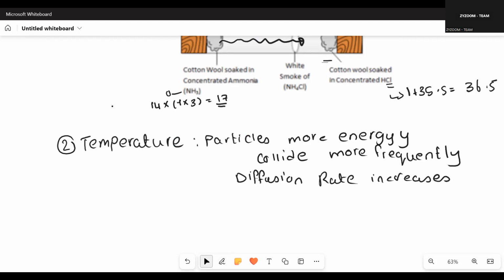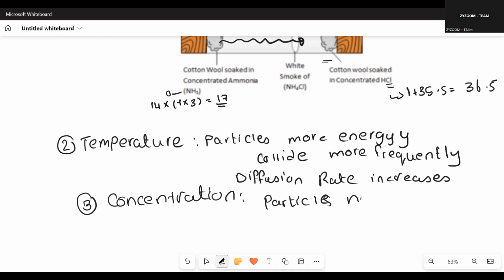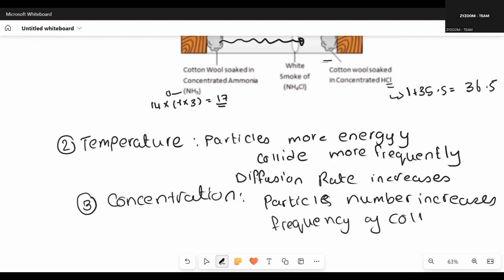Yes, miss. So what would be the third factor? It's concentration. When the number of particles increases, the frequency of collision also becomes more. And when the frequency of collision increases, diffusion increases. Do you understand? Yes, miss. So let's revise together